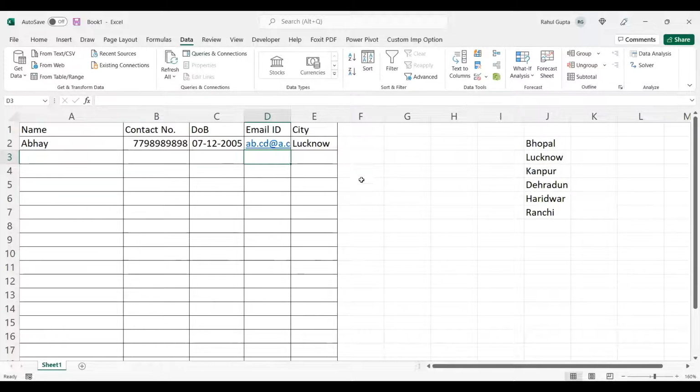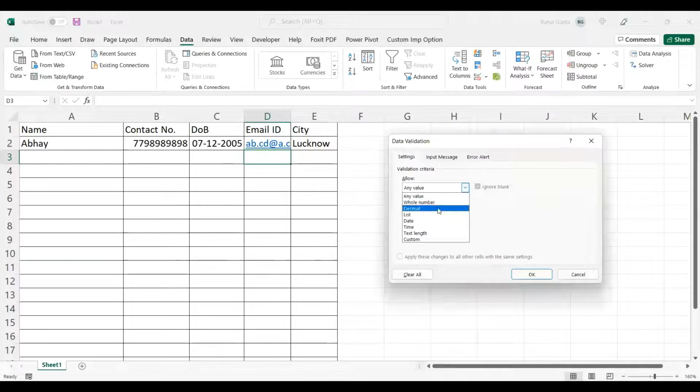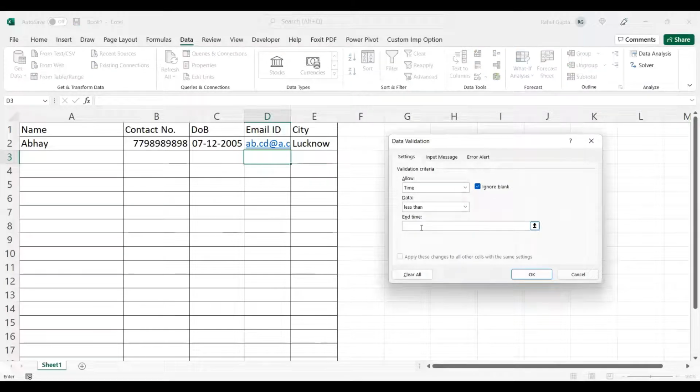Now, two more data validation options were there, which I have not touched till now. That is decimal and time. So decimal is same as whole number. We are doing whole number. If you want to set decimal, that between this and this only the decimal rate should be, of course, you can give less than or equal to, whatever you want. In the same way, you can go for time. If you want that the time should be between X time or Y time, you can give the time over here, or it should be less than, of course, you can create a formula also over here.